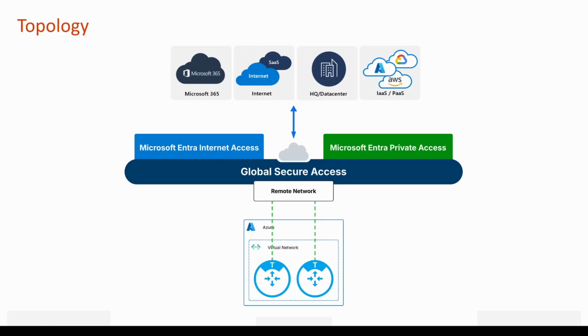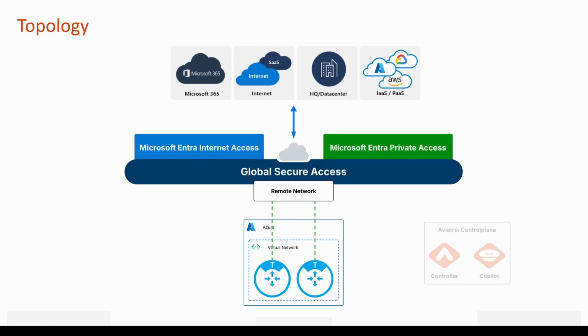What we're going to do in this demo is deploy a pair of Aviatrix transit gateways that we can see at the bottom over here, and they're deployed in Azure, and they're going to connect as a remote network to Microsoft Global Secure Access. In order for us to be able to deploy those transit gateways, we need the Aviatrix